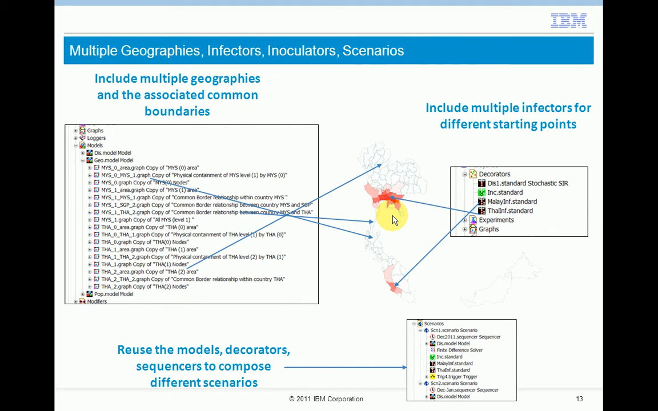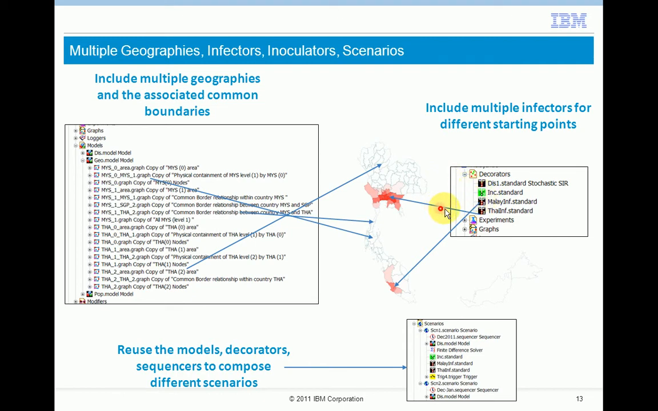You also have multiple geographies, infectors, inoculators, and scenarios that you can run in STEM. You can have the geography of two countries or even more. For example, here this is Malaysia. So the geography of Malaysia and that of Thailand have been added together. They share a common boundary. So their geographies have been added together, and then